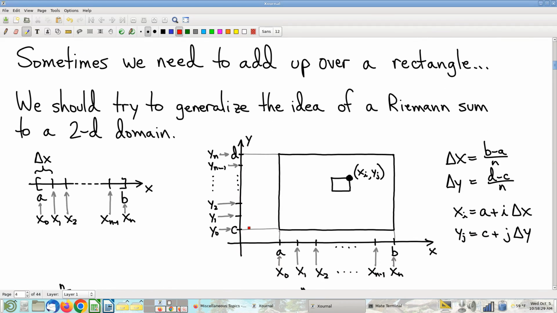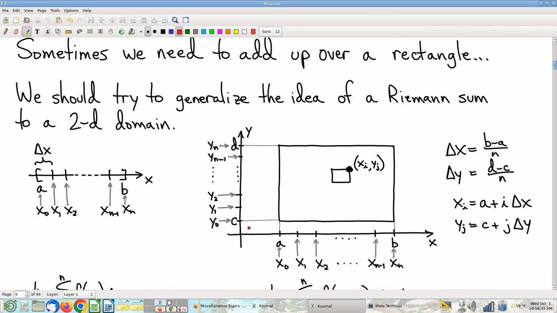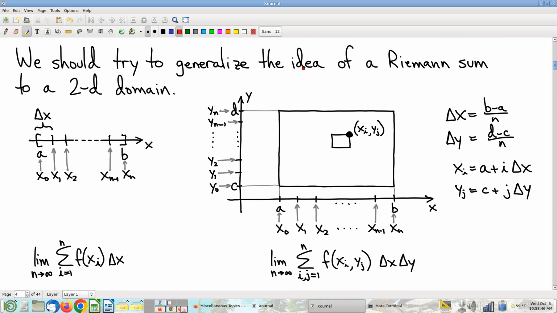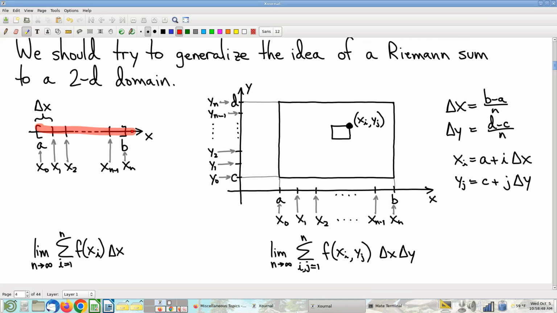And really, we're going to do all the same things that we did with single variable Riemann sums. We're just going to add a bunch of stuff up, except instead of adding up over an interval, we're going to add up over a rectangle. So instead of taking an interval